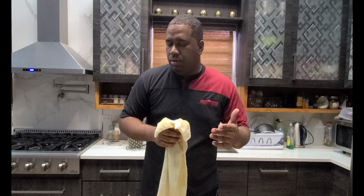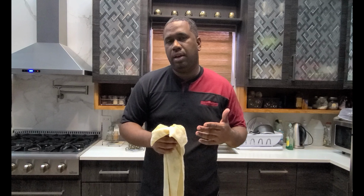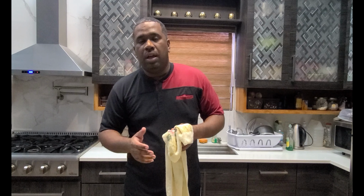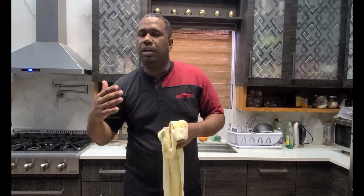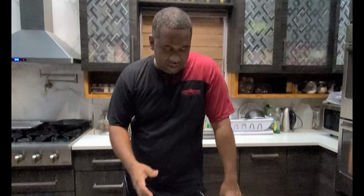There's also a little trick that you could do. You could also put the loaves in the oven while it's preheating, and that extra heat, as it builds in temperature, will cause the dough to rise even further. And when it reaches a certain temperature, it will deactivate the yeast and it will just cook, right? So we'll try that method and we'll see how